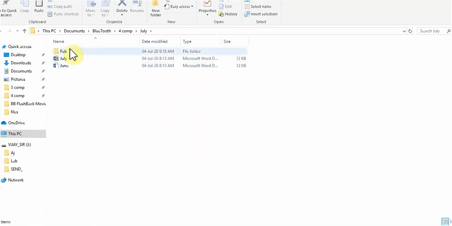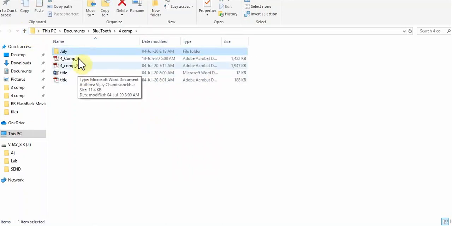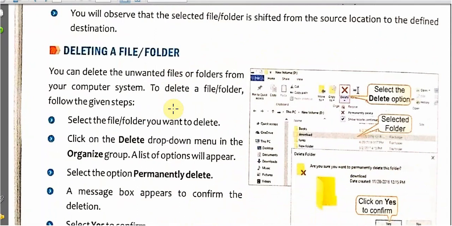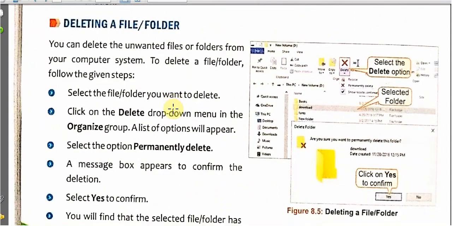The process is the same. Right click, cut, open this folder and paste. You can see the Feb folder is here. Now let me check. You can see we have no Feb folder. So students, we have successfully moved a file and a folder. Now next